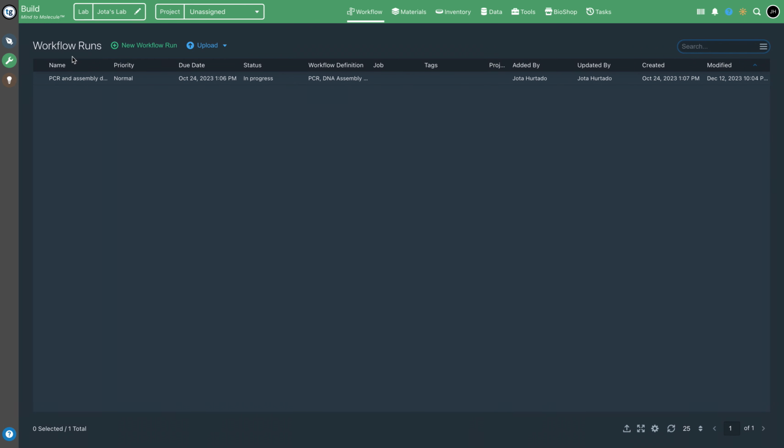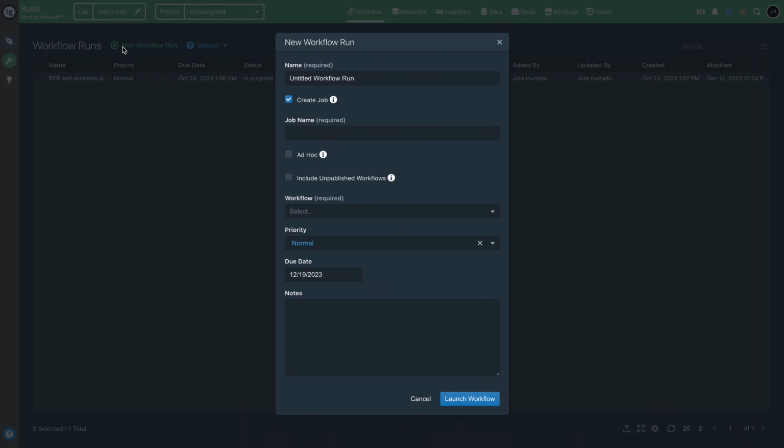So in design we created a combinatorial Golden Gate DNA library that has like 8 constructs. So we're gonna run here, as part of the demo, this simple workflow to assemble those constructs in our lab. So we will come here, new workflow run. We would name it demo workflow run,